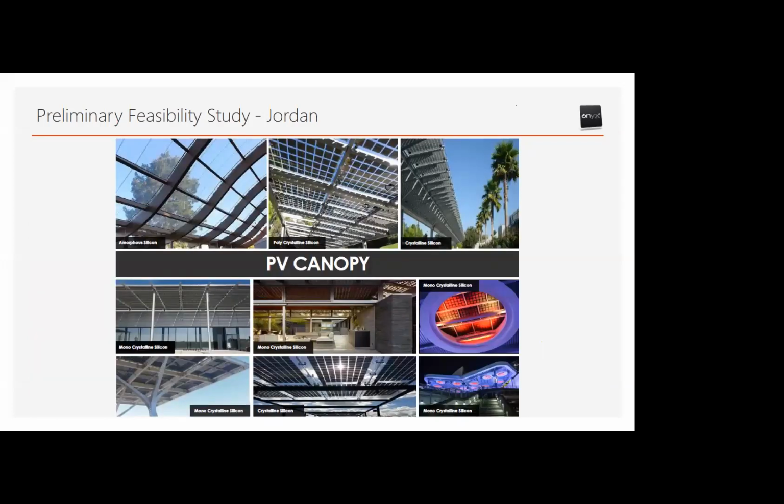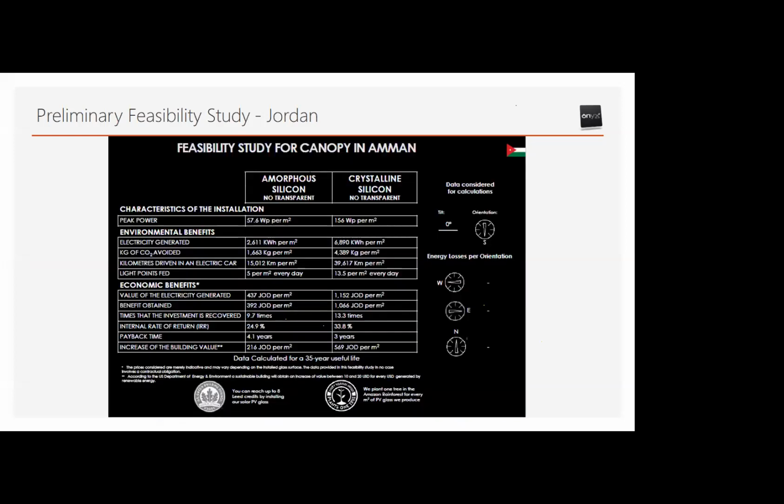I'm bringing here just an example of a PV canopy, okay? In this case, it's in Jordan. So it's a PV canopy. And as you can see here, what we have is